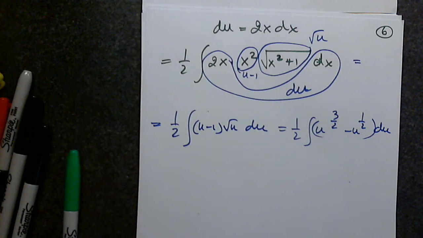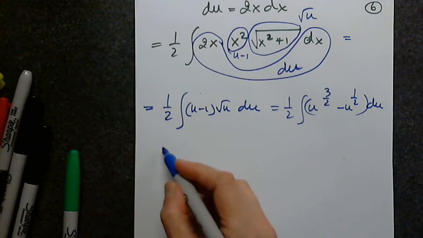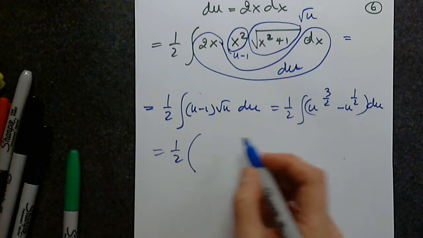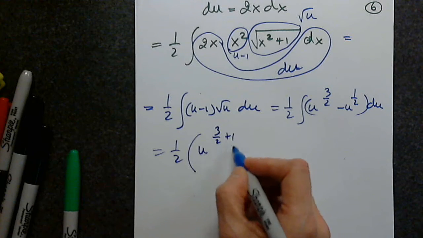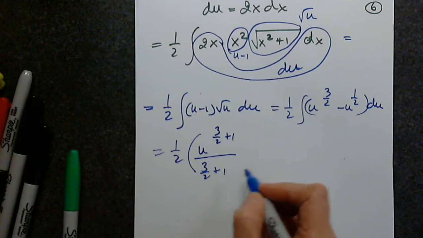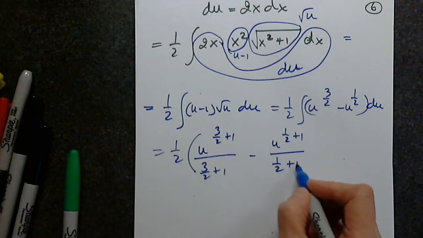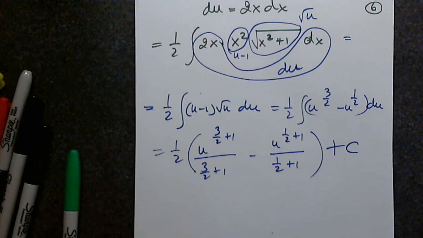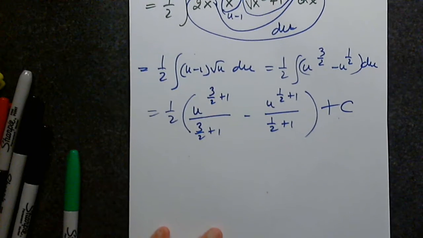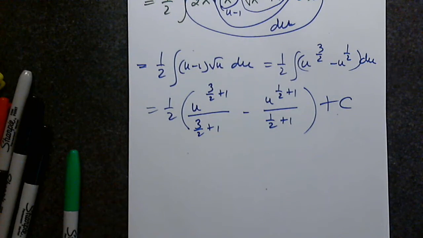Not a difficult step. So I have 1/2 outside. And this is u to 3/2 plus 1 over 3/2 plus 1 minus u to 1/2 plus 1 over 1/2 plus 1 plus a constant c. Yes, I have to simplify those pieces. And I have to go back and replace u by